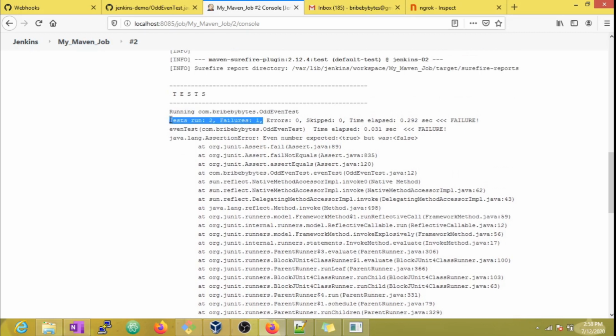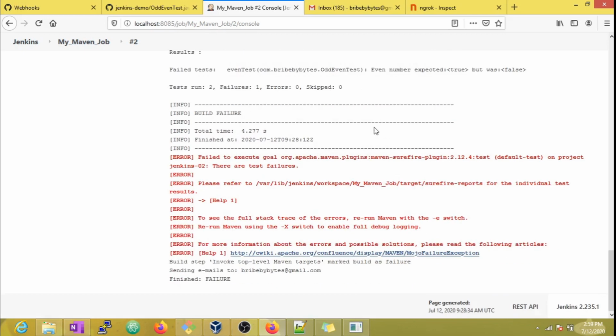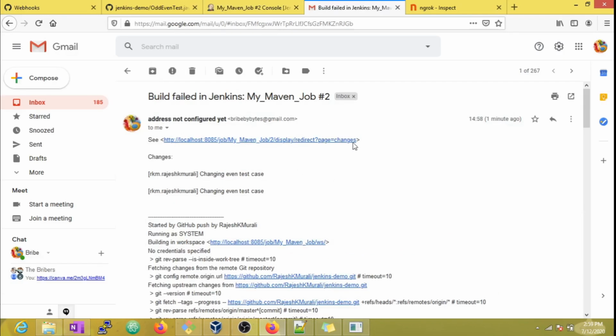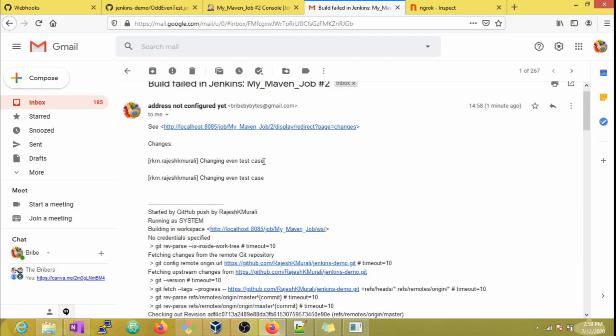And it has failed. The reason being, one of the test cases has failed. Also we can see that a mail alert has been triggered for the build failure. Now we can see how everything is falling into place, right?